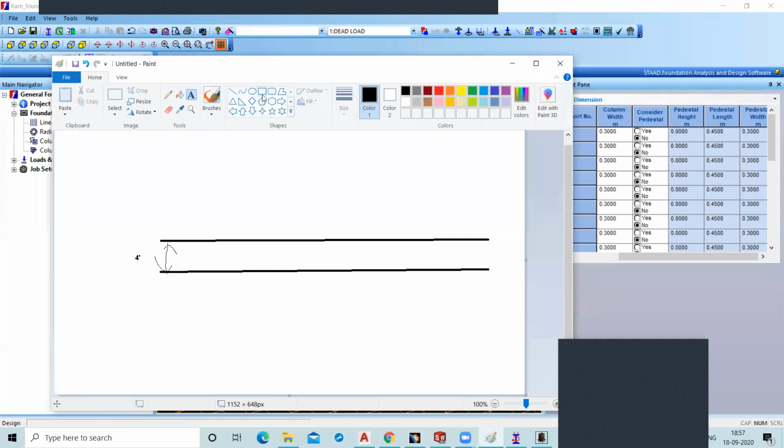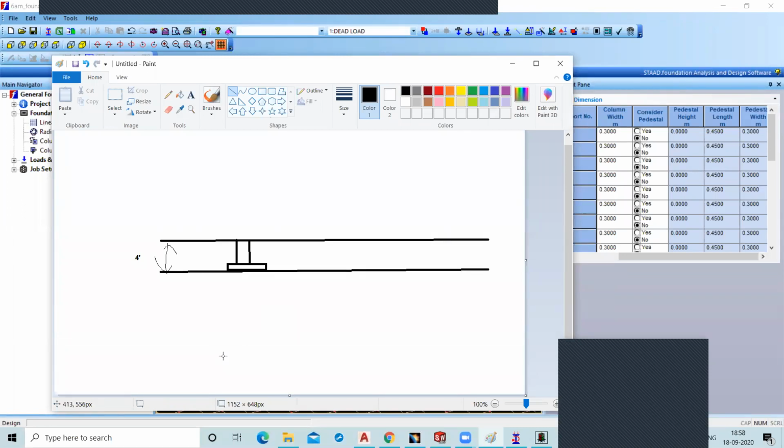Now this is your foundation width. And this column is known as what? Pedestal.